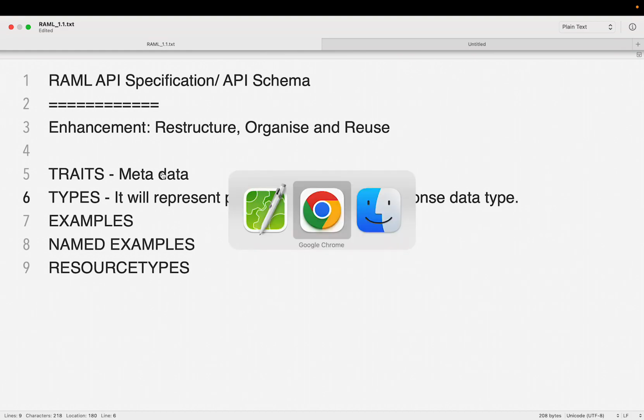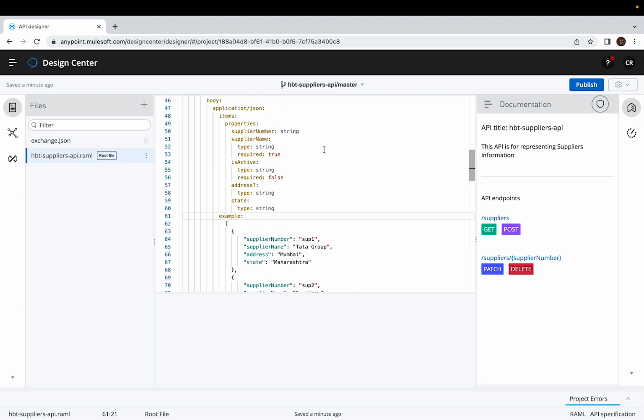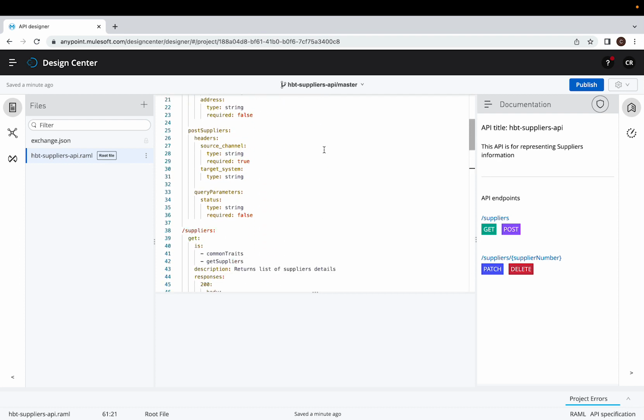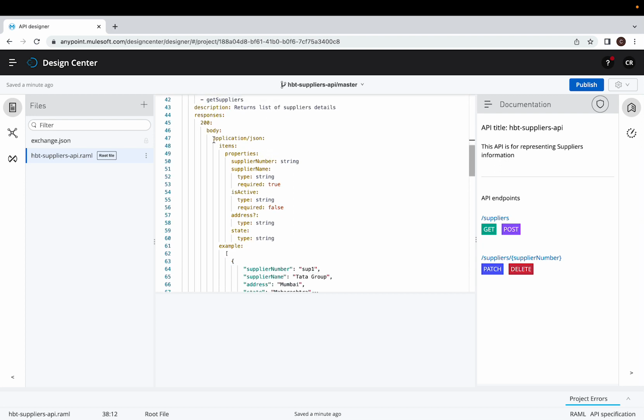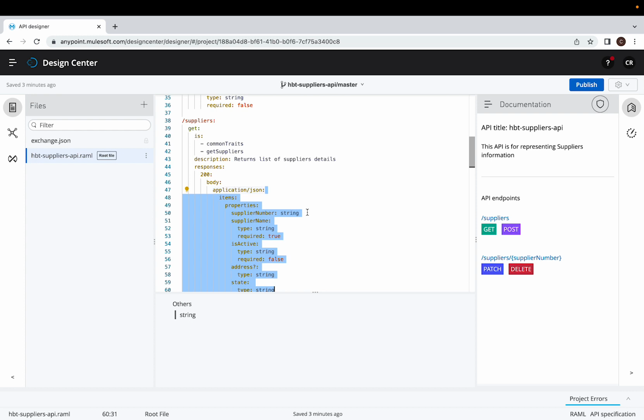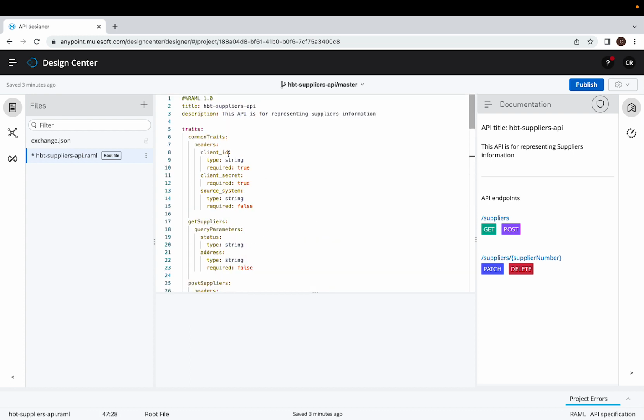Now we will review this in the API specification. For get suppliers information, we have application/JSON as the media type, and it is going to return the list of suppliers, which has the field names supplier number, supplier name, is active, address, and state. So I am going to remove this information from the get suppliers resource, and I am going to add a